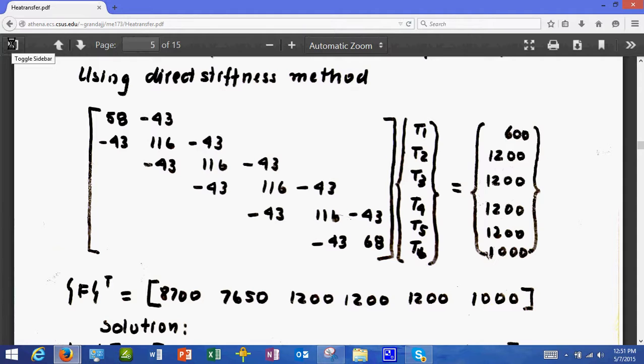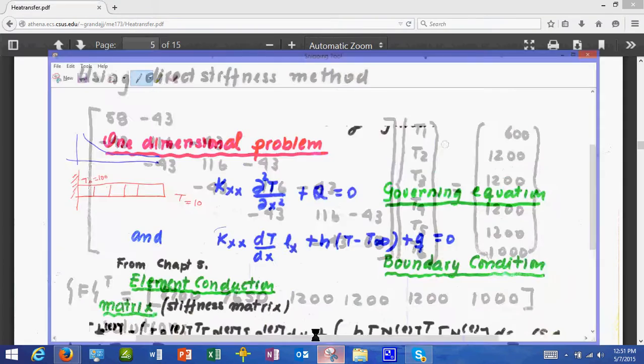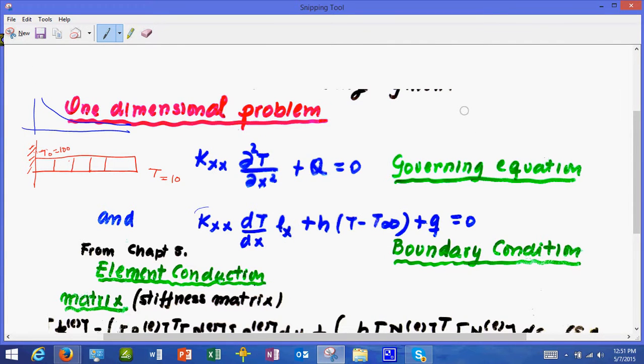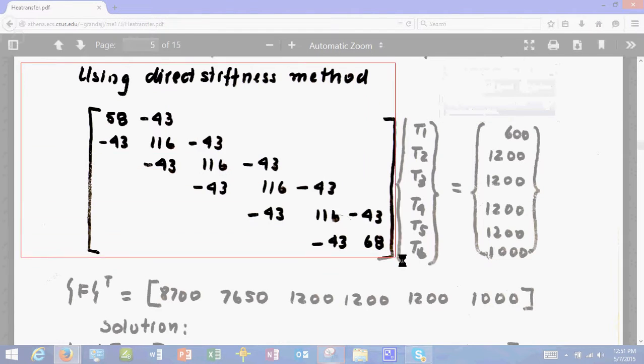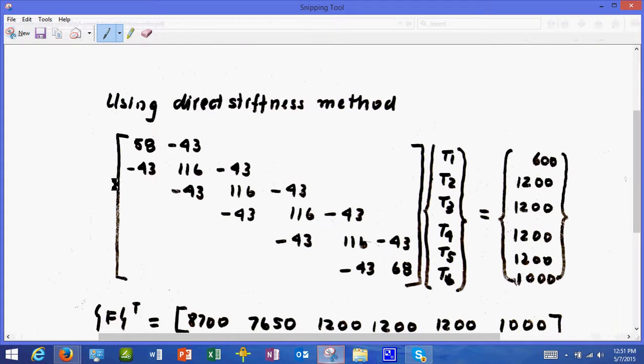If I can actually draw this, it would drive the point home, and that is if you have this matrix in here, what you have is this as an individual matrix, and then the other ones are